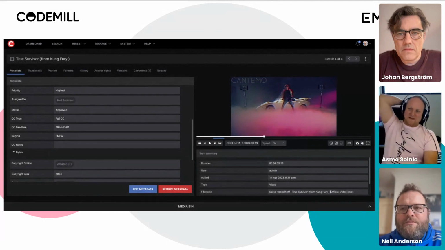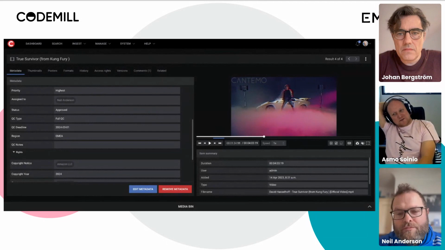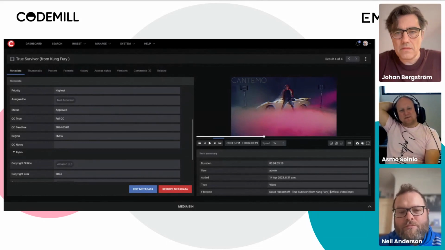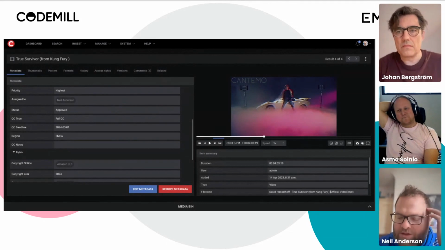And I guess everything depends on what the demand is. Basically, JIT in Cantemo, just-in-time transcoder, playback of original files directly without a proxy. Definitely on the roadmap. Priorities depend on the needs and demand. Yeah, exactly. So if you're not familiar with our just-in-time